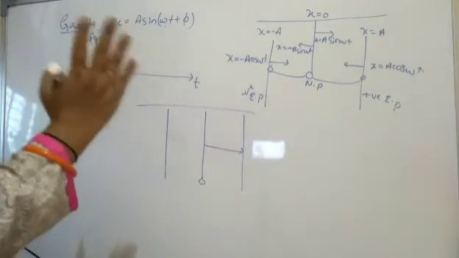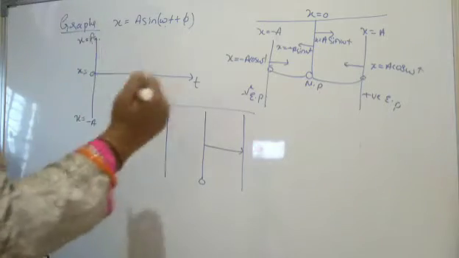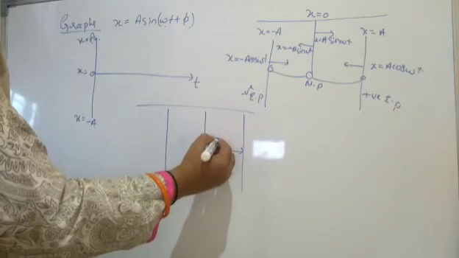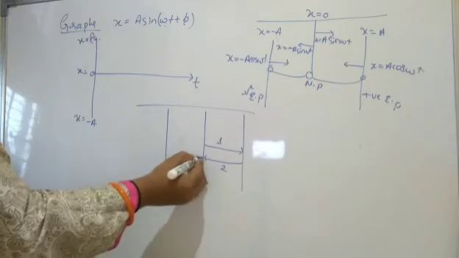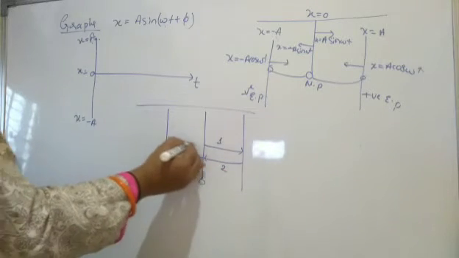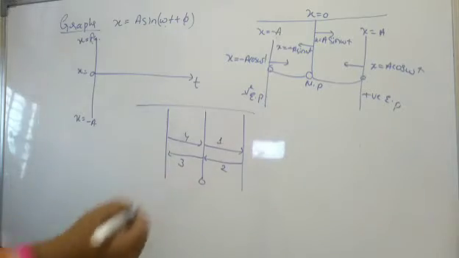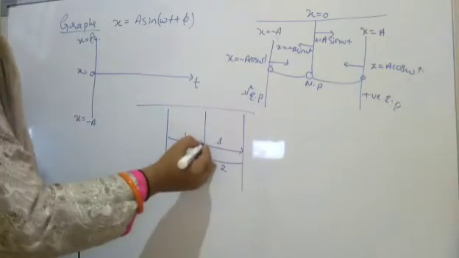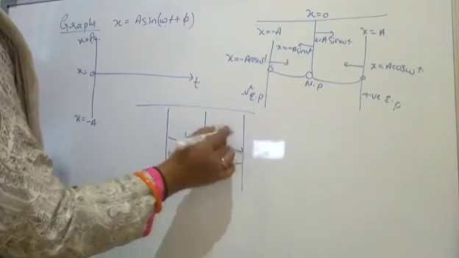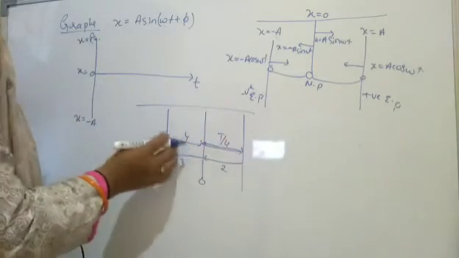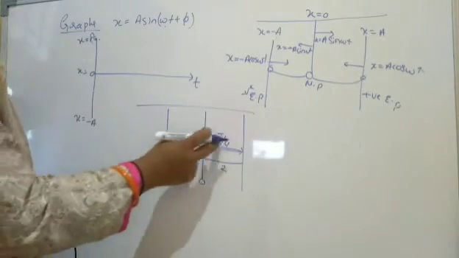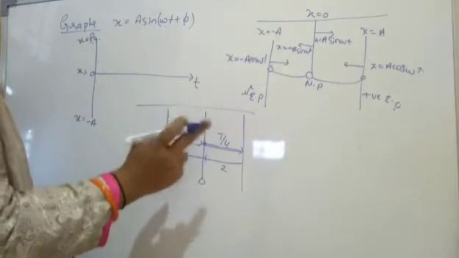Now when the particle is executing simple harmonic motion here, it will move from here, right? I said there are 4 stages or 4 steps. That is the first one here. Again this is the second, this is the third, and this is the fourth. So I am going to write the time period here. From the mean position it is going, so I will write it here T. T by 4 means in the fourth part, this is the first part in the time period.